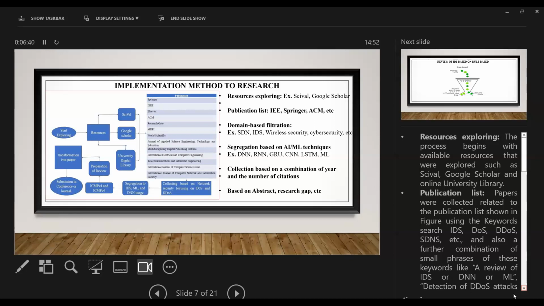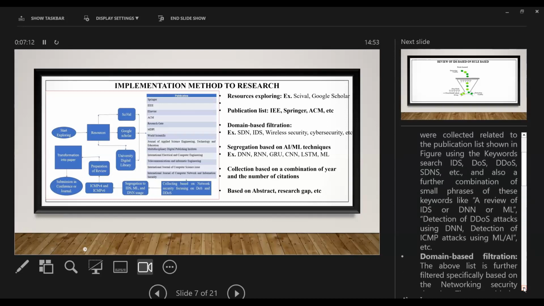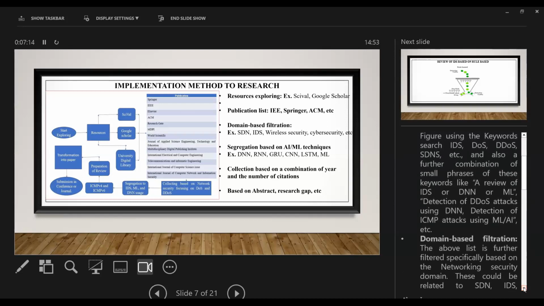You can also go for your university digital library. From there, you can browse the many publications, some of them being Springer, IEEE, Elsevier, ACM, ResearchGate, and so on. Once you figure out what kind of publications you want, you can search for those publications and then start collecting them. But when you collect, you need to provide the domain and the keywords.